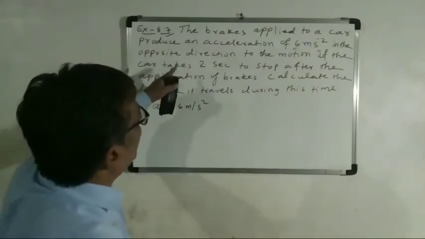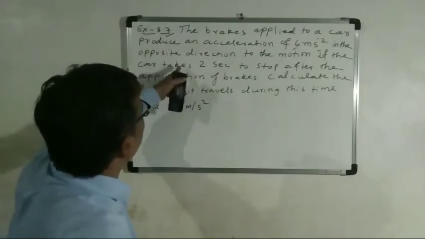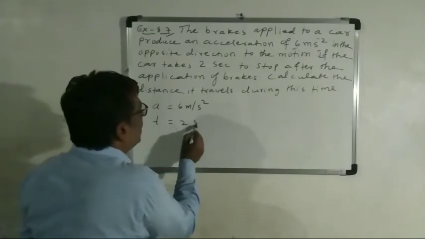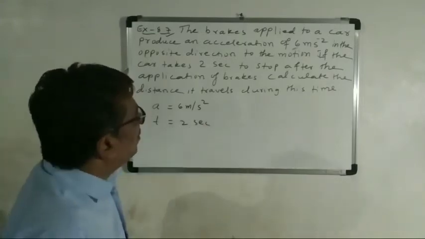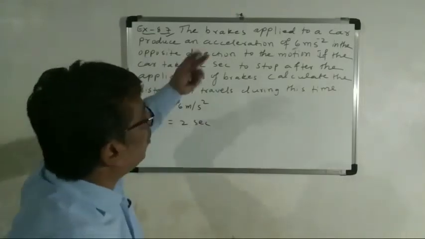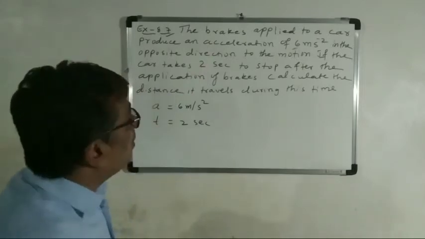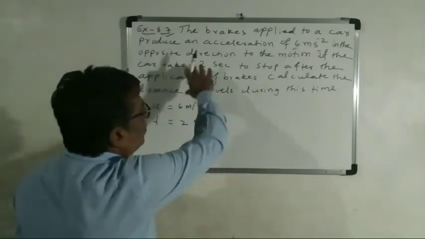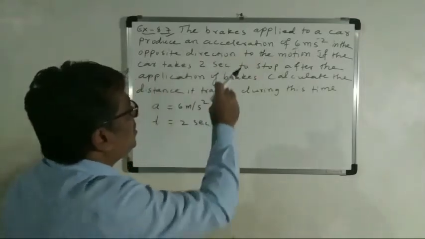Okay. Now, what is given next? Time is given. Time is 2 seconds. See, time is given as 2 seconds. Okay, now what is not there? U is not there. Then V is also not there. We have to see, some hidden things will be there. Yes, in this question there are some hidden things.